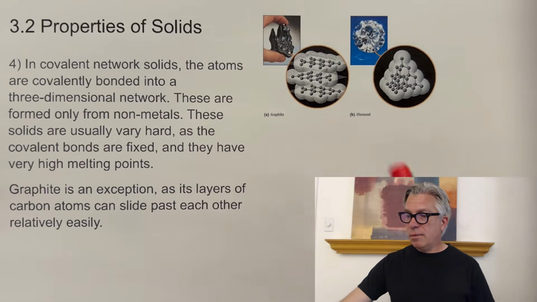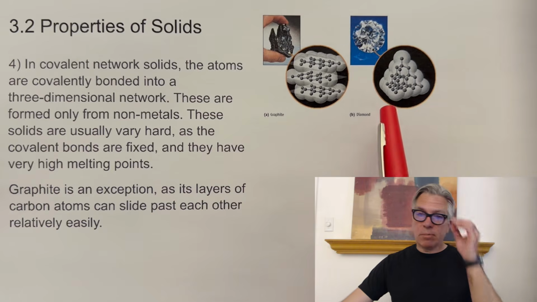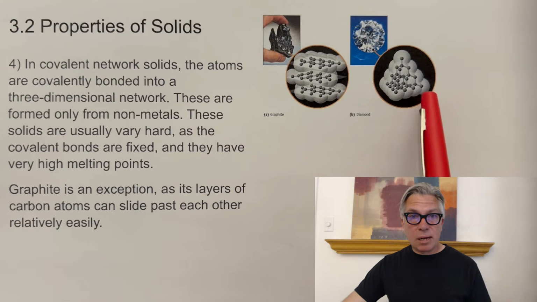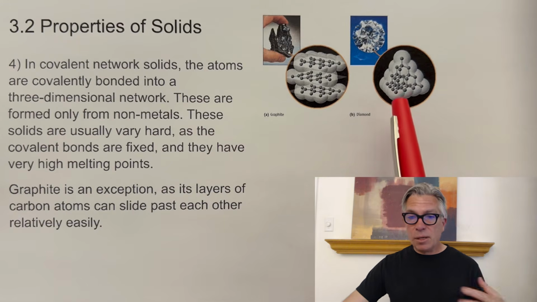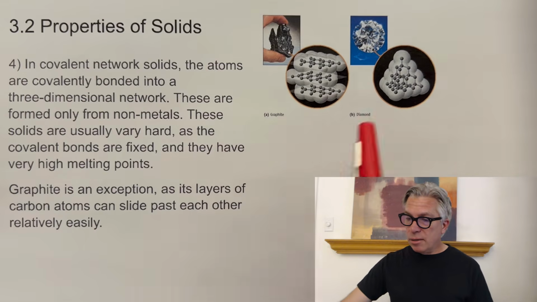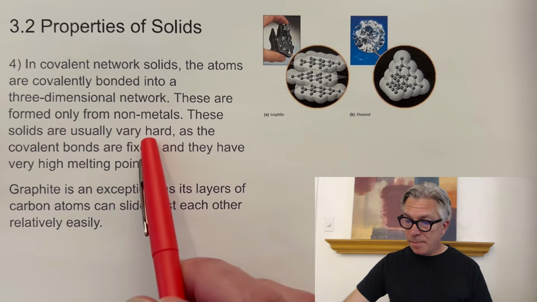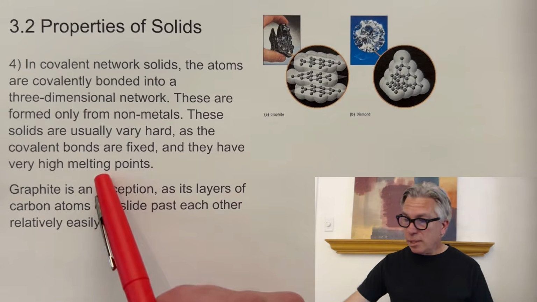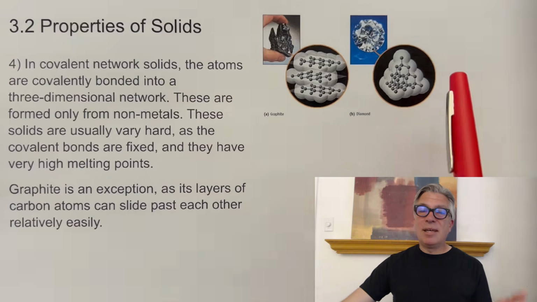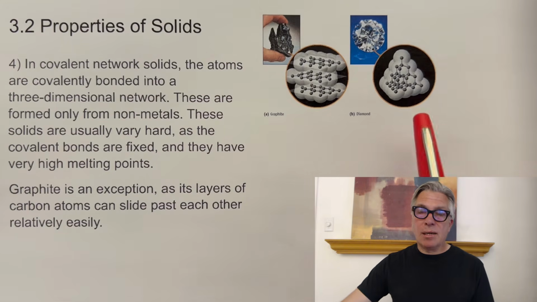So these are made, graphite and diamond are two good examples you'll probably see. They're made from nonmetals that are covalently bonded in a lot of directions, making a network. The bigger your network is, the stronger you are. And so diamond has properties like that: it's very hard. It has very high melting points. It's really difficult to break all those covalent bonds and get them to melt. So when you're looking for something that has a super high melting point, it's likely to be a covalent solid,